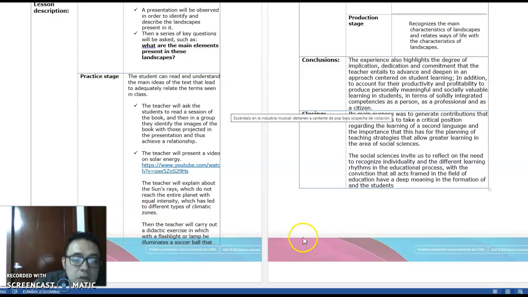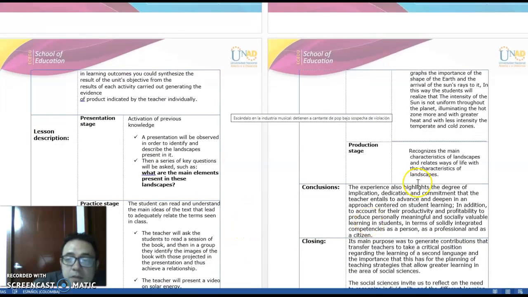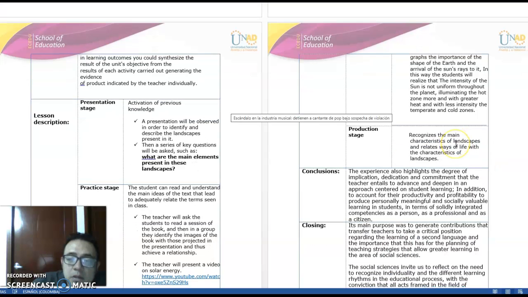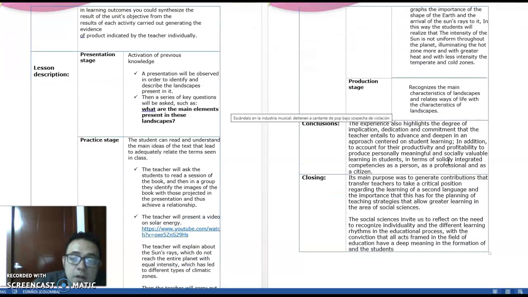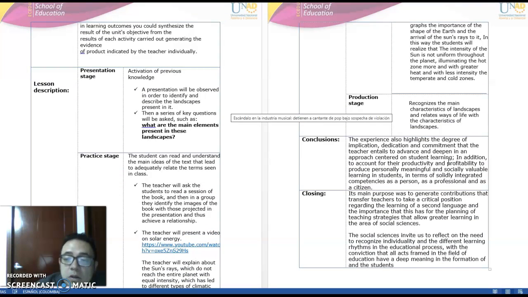Finally, the teacher will carry out a didactic exercise in which, with a flashlight or lamp, he illuminates a soccer ball to show the importance of the shape of the earth and the arrival of the sun rays to it. In the production stage, they recognize the main characteristics of landscapes and relate them. Finally, in conclusion, the experience also highlights the degree of implication and commitment that the teacher intends